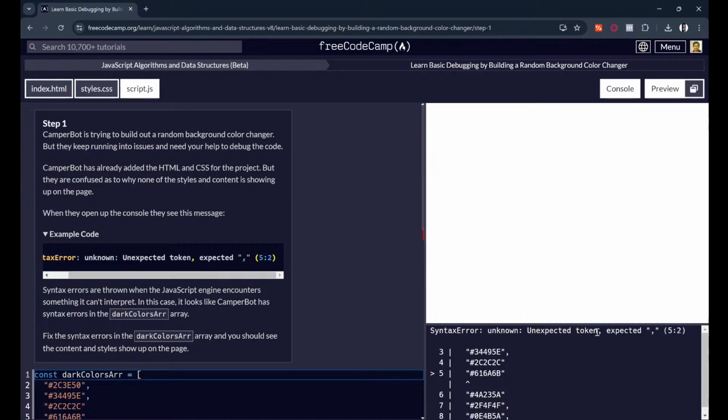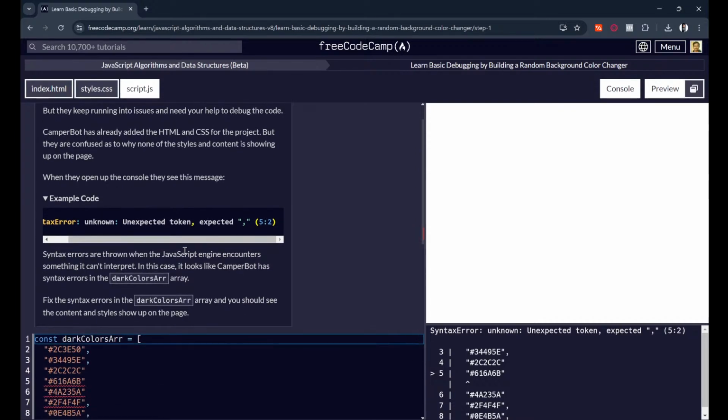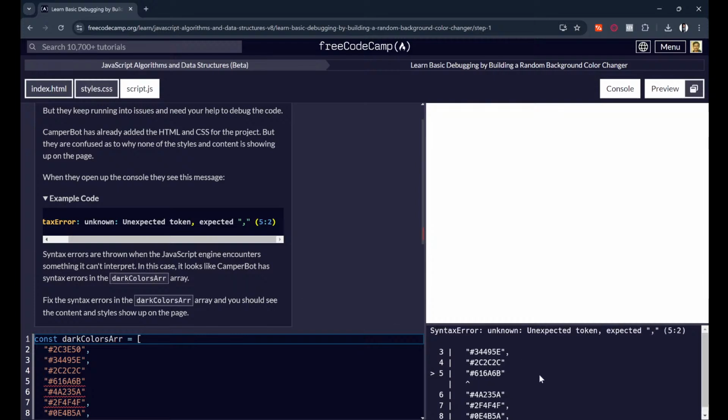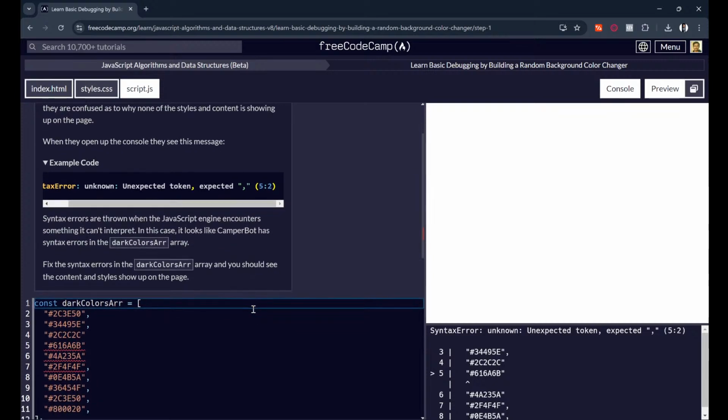Syntax error, unexpected token, expected at 5:2. Syntax errors are thrown when the JavaScript engine encounters something it can't interpret. So in this case, it looks like Camperbot has syntax errors in the darkColors array. Fix the syntax error in the darkColors array, and you should see the content and styles show up on